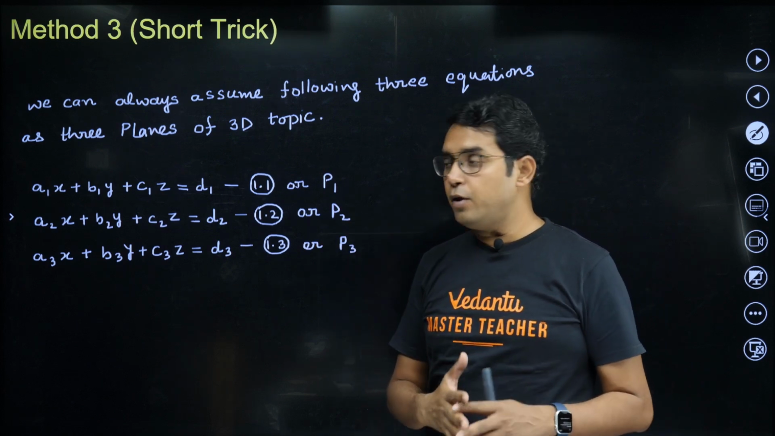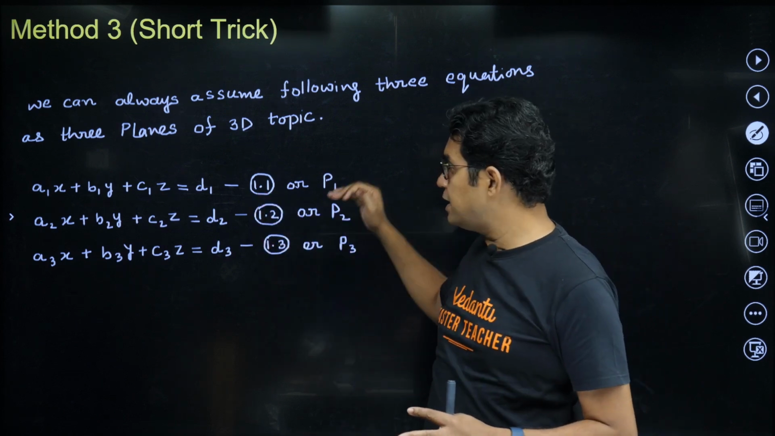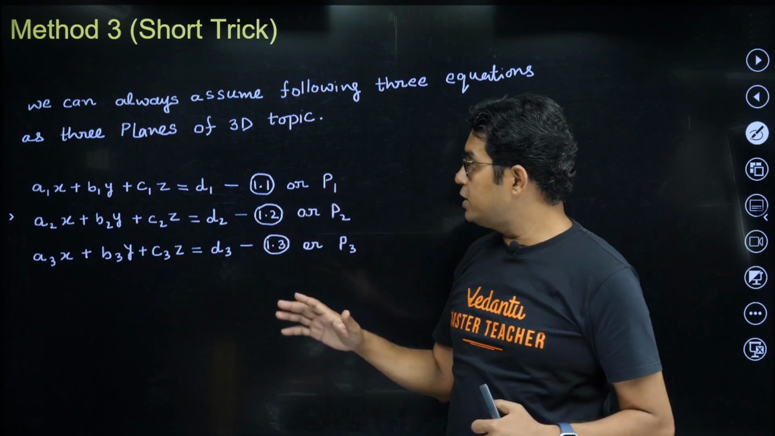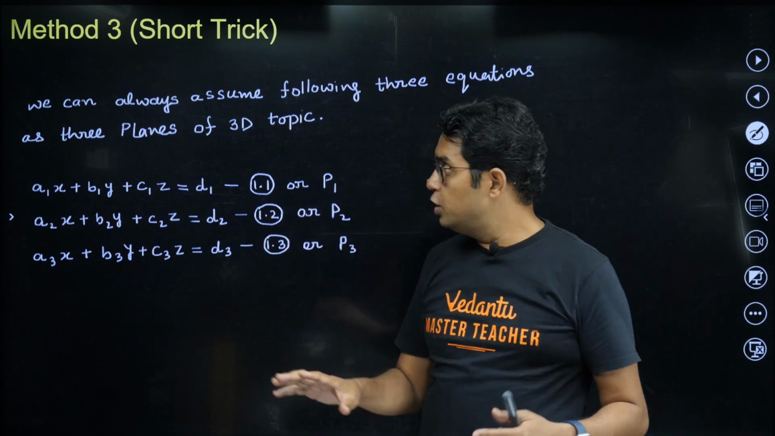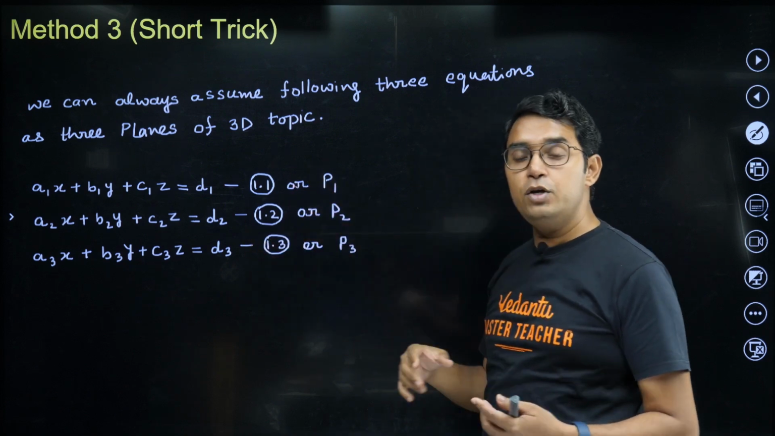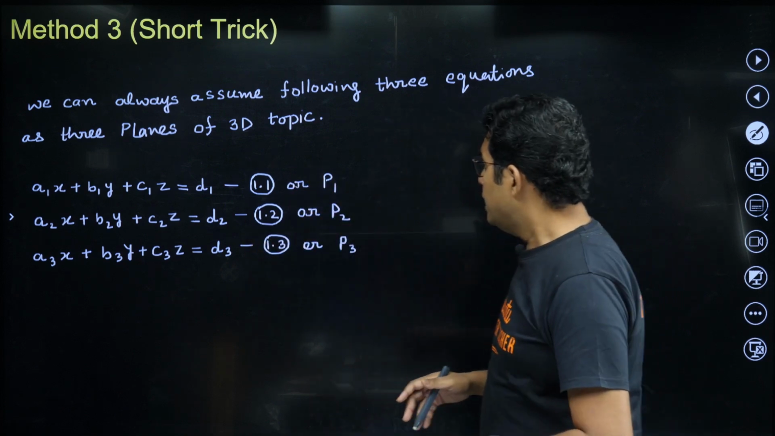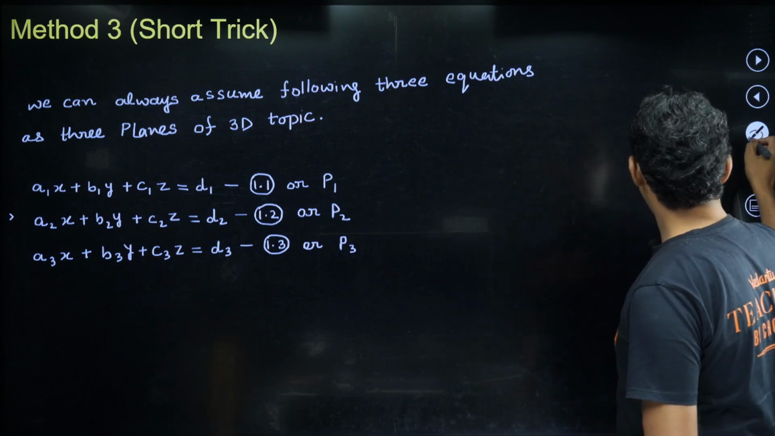Now there can be scenarios when there is no point that can satisfy all three planes, or there can be infinitely many points, or there can be just one point. Based on that, you will be getting unique solutions, infinite solutions, or no solution cases. Let me just tell you that if your planes are